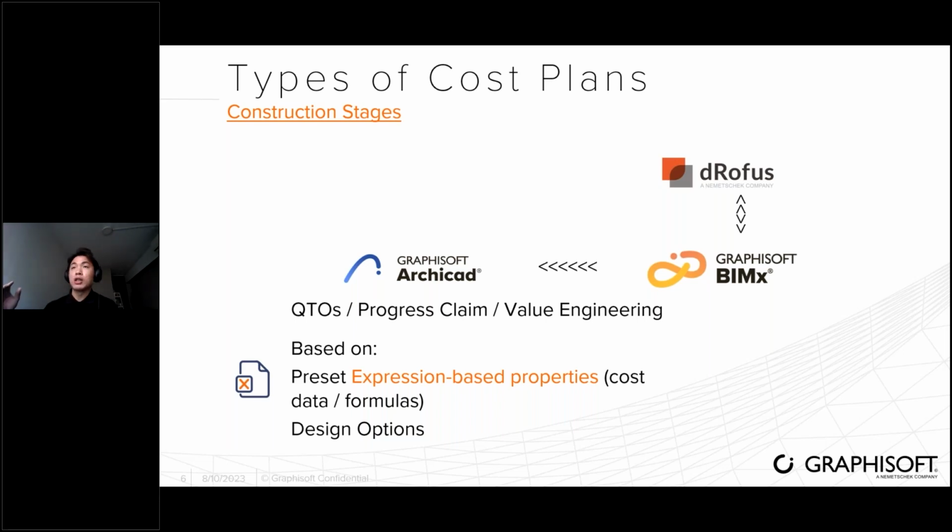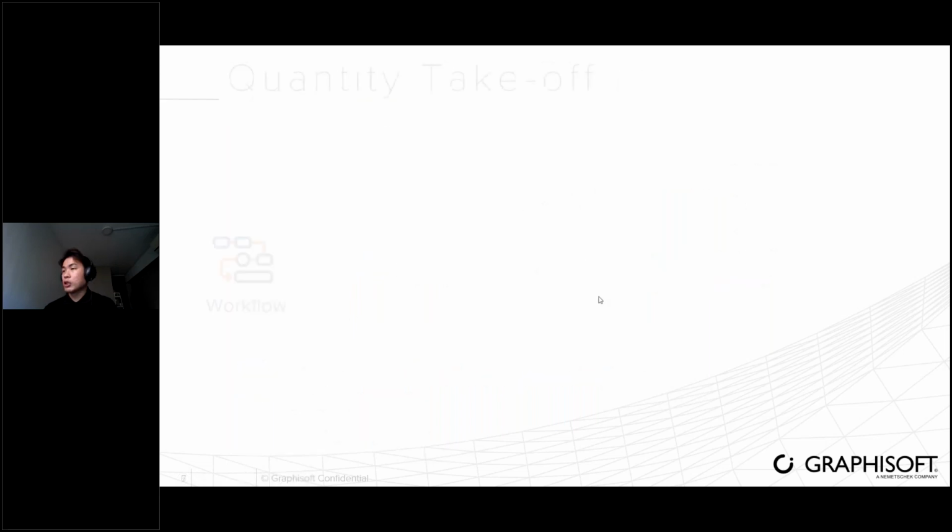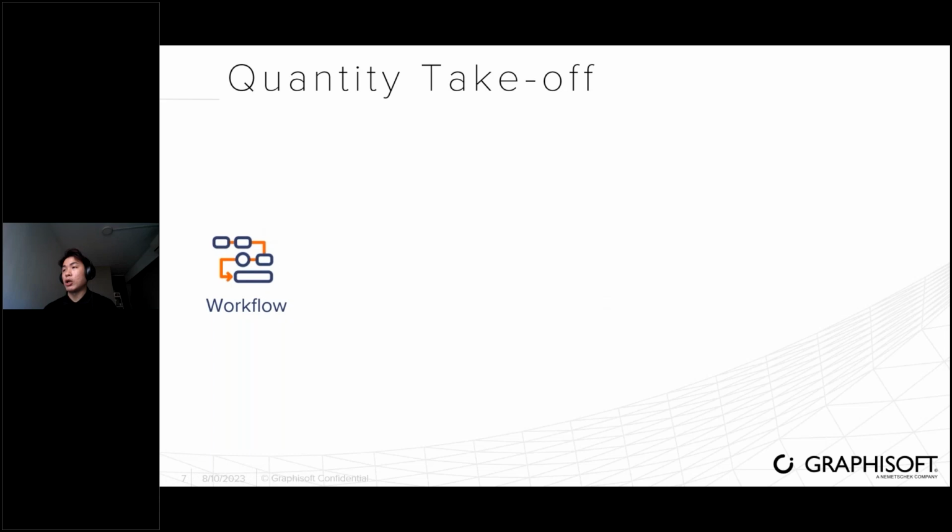So you can get, for example, the inspection, the site progress status, and also the field conditions of the element that is being inspected. And again, this workflow itself is to and fro between dRofus and Archicad. So just now, Vima already showed you. Okay, so now let me go into the step by step of how you can do this quantity takeoff easily